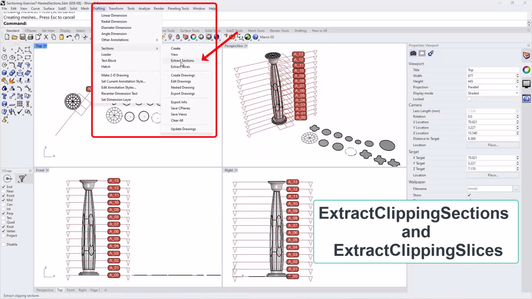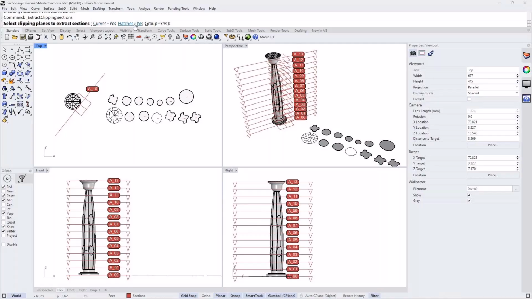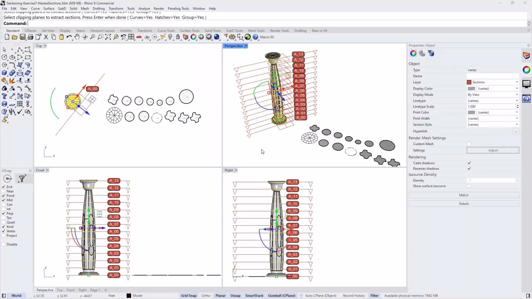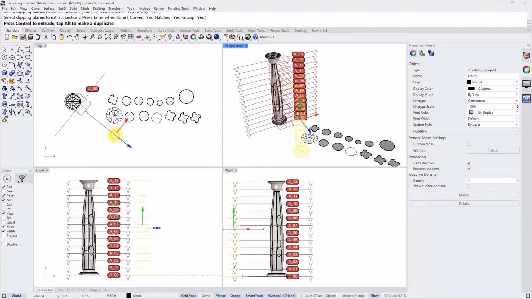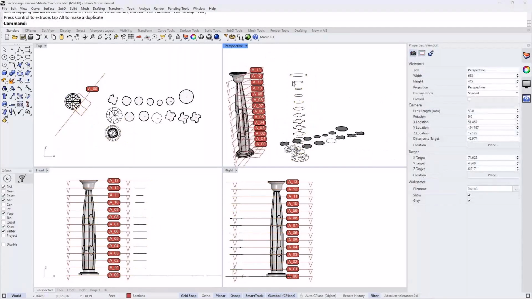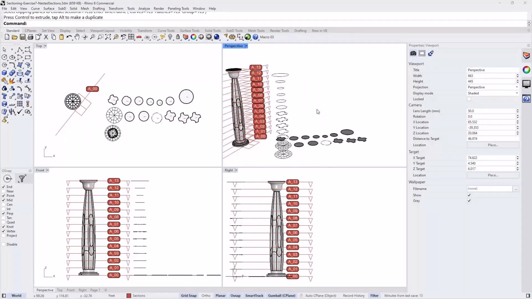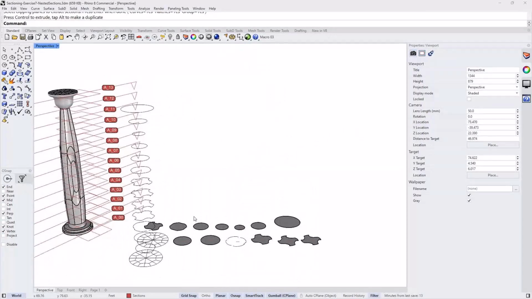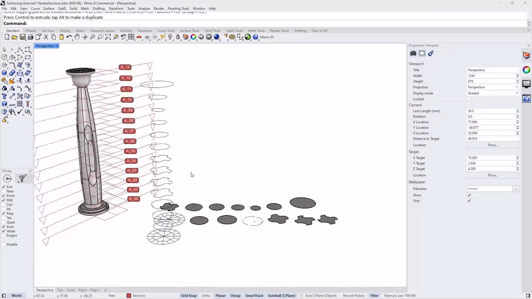For example, if I do extract sections and I say, okay, extract the curves, the hatches, and group them and select all of them, they extract in a place, as you can see here. Right? So this can be useful if you want to do a reverse of a loft type of thing, which is you have a model or a scan or a mesh or something, and you want to extract cross sections through it, and then use it to clean the curves and then loft through them. That enables you to do that, and it's history enabled.